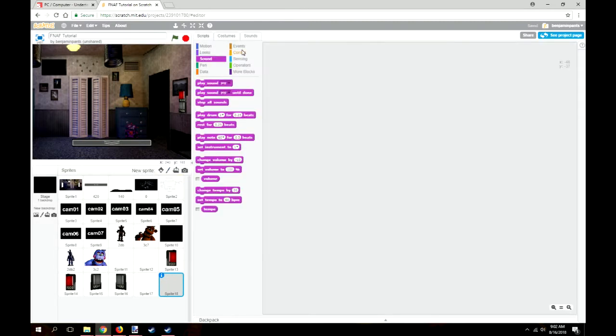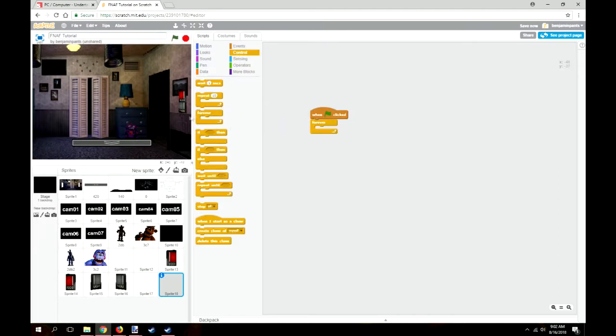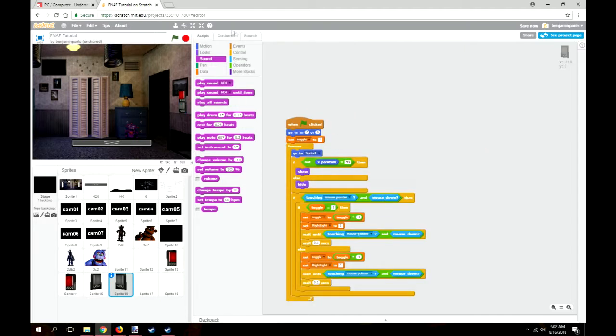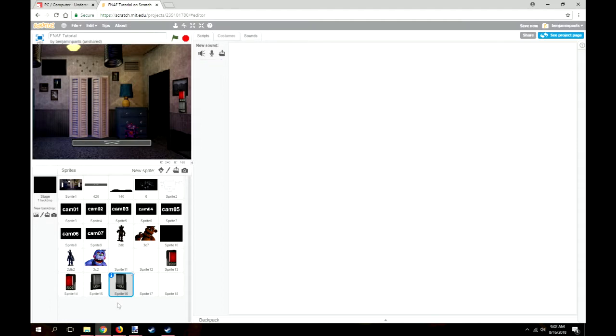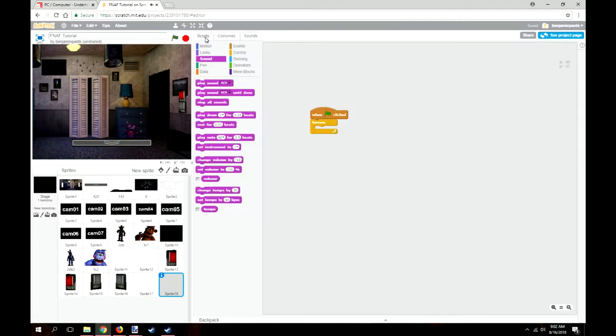This is just a blank sprite. Drag in a when green flag clicked, forever, and then go to the light, and you're supposed to import it in there. Now go to here, and then make it forever play that sound, but